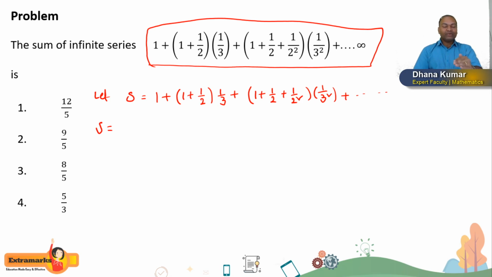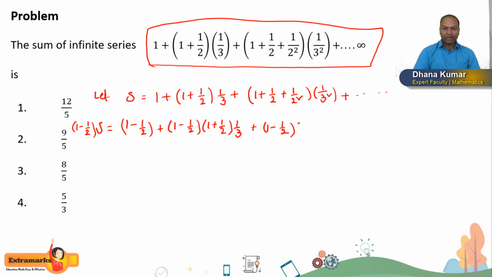what I am doing is multiplying and dividing with 1 minus 1 by 2. Why am I doing this? Just see here. Or otherwise, multiplying both sides with 1 minus 1 by 2, both are the same. Let us say multiplying both sides with 1 minus 1 by 2. So that implies 1 minus 1 by 2 into 1, plus 1 minus 1 by 2 into 1 plus 1 by 2 into 1 by 3, plus 1 minus 1 by 2 into 1 plus 1 by 2 plus 1 by 2 square into 1 by 3 square